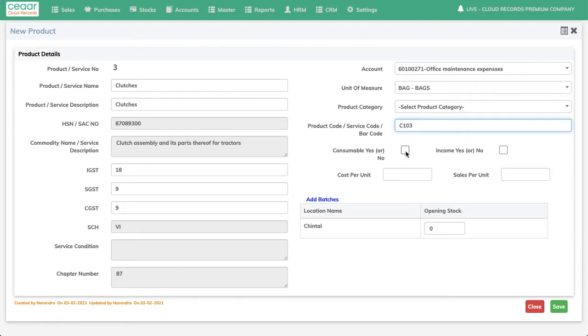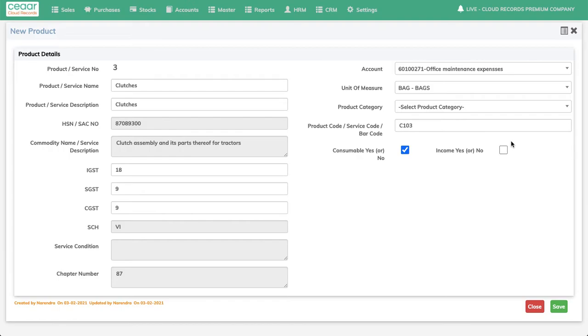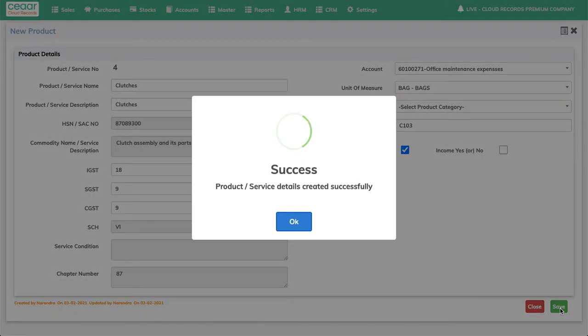Now, as I've been telling you, we have to create a consumable product. I have to select this one. So once I select this one, all this information will go off. I should select either this or this. So now I have selected consumables. So what does this mean? This is disappearing. So for consumable products, we don't keep track of the stock count. So now I save it.